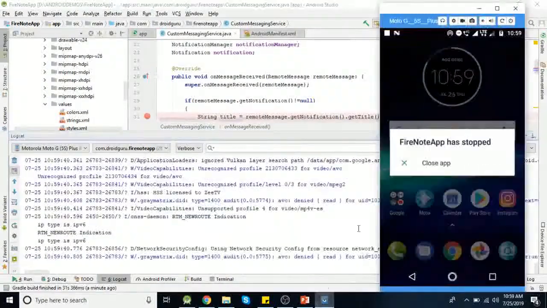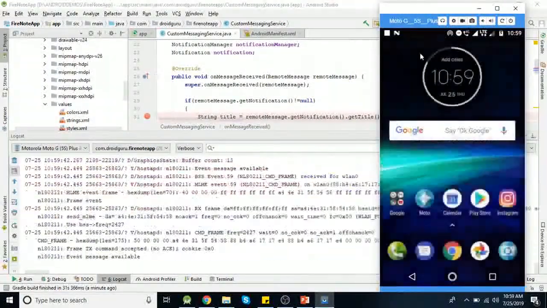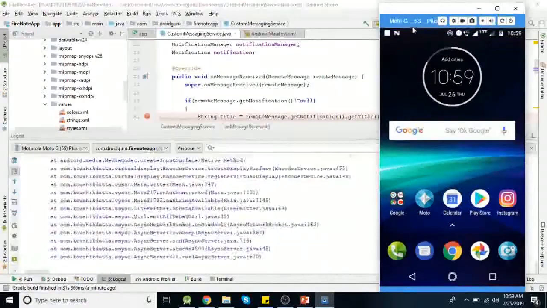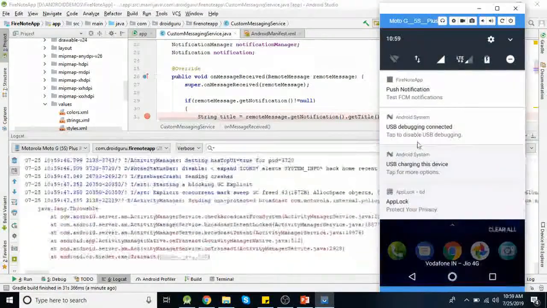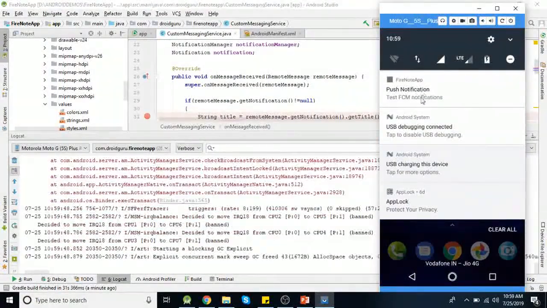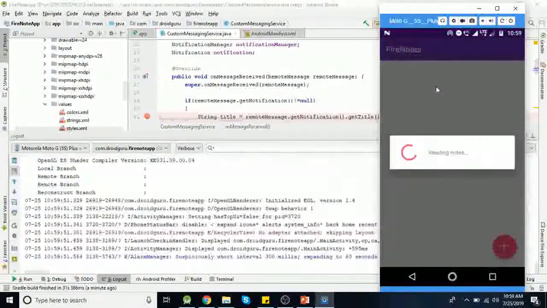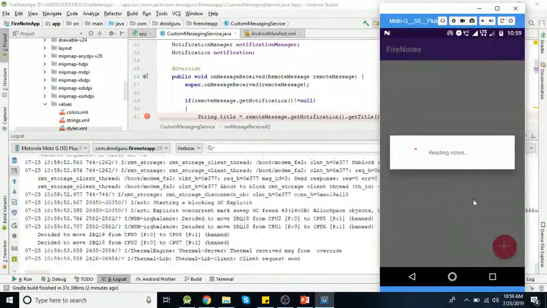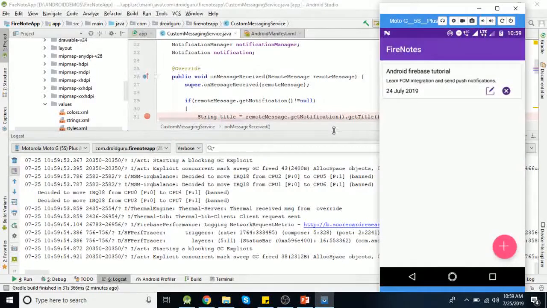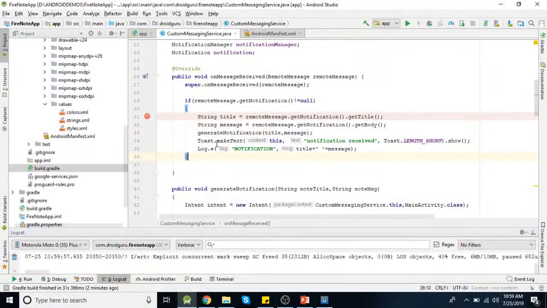Actually, we received notification here. Okay, you can see here. This is a push notification. When you click on that notification, this activity will be opened. I think this crash is because of this toast message maybe.